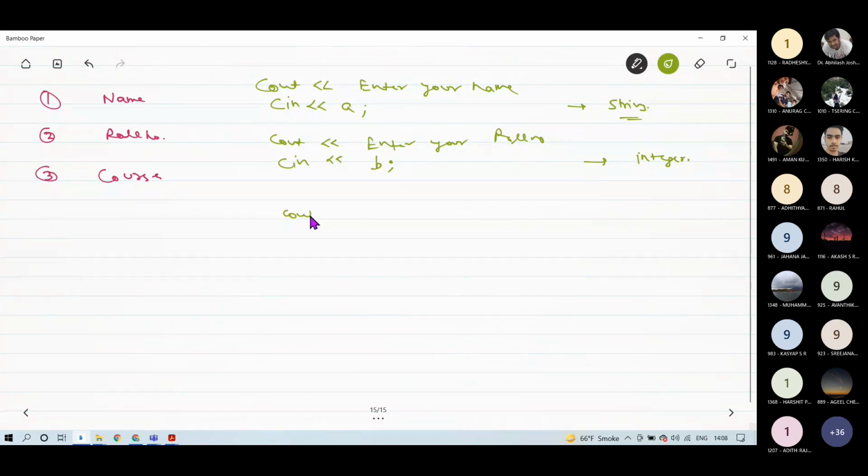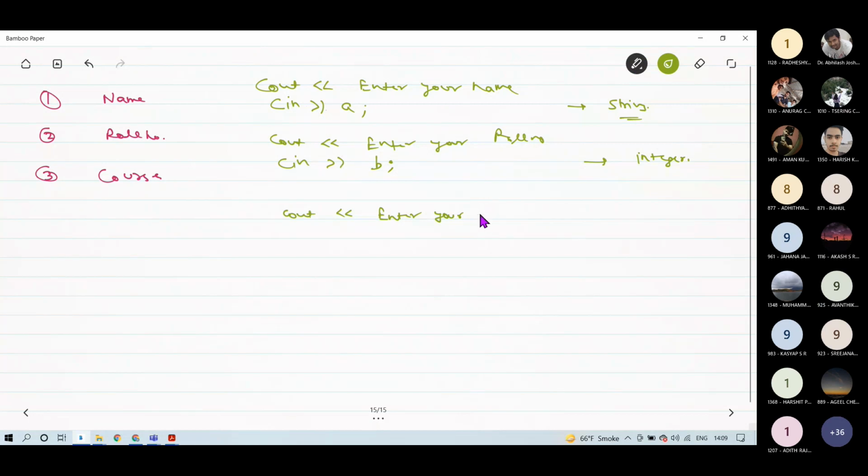Similarly, for course. Excuse me, for course, yes. After cin, the symbol has to be in the opposite direction. Sorry. That has to be something like this.